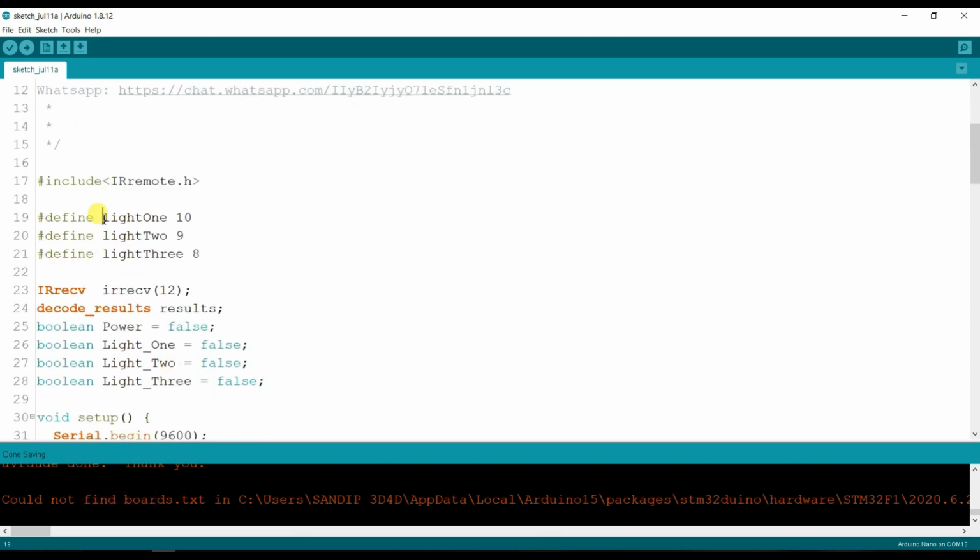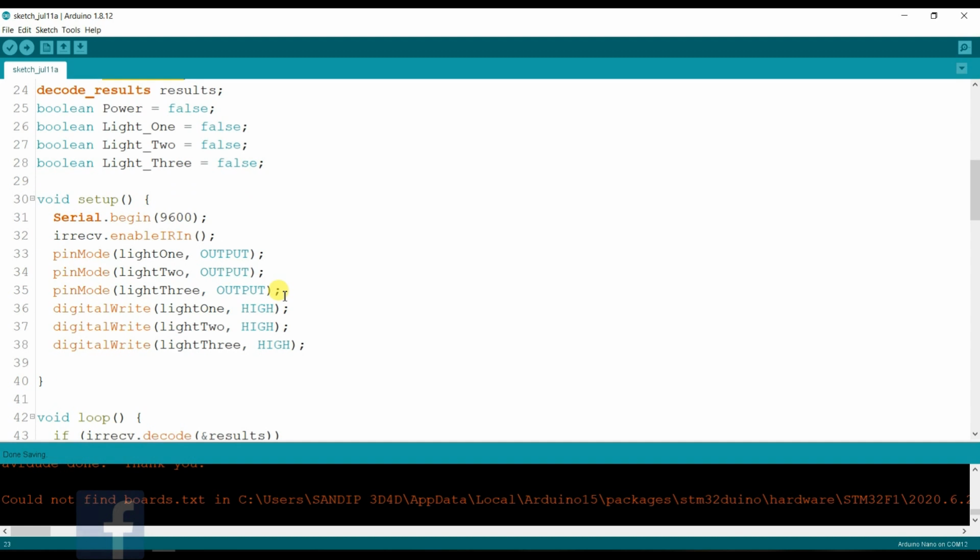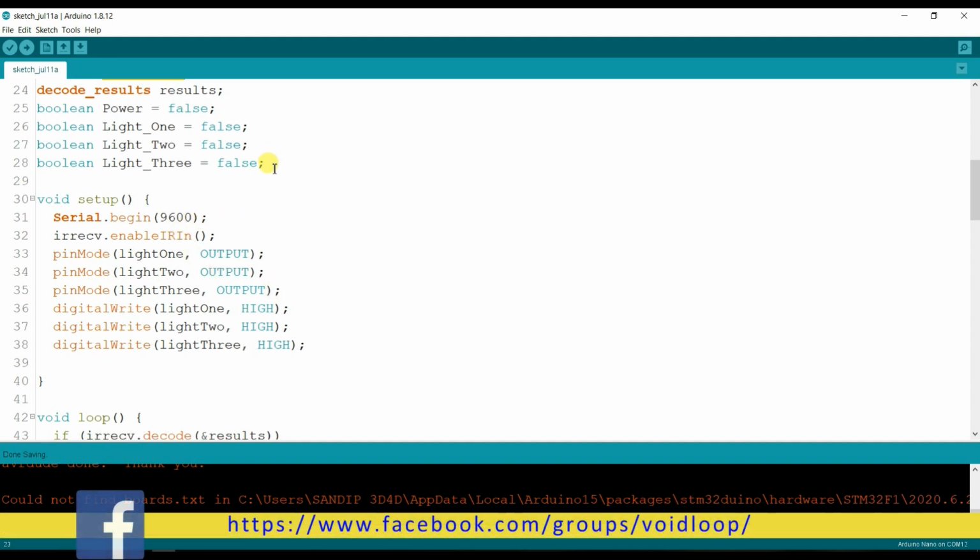Here light 1 is connected on pin 10, light 2 is connected on pin 9 and light 3 is connected on pin 8. Here the infrared sensor data pin is connected on pin 12 and this is a boolean data type variable.